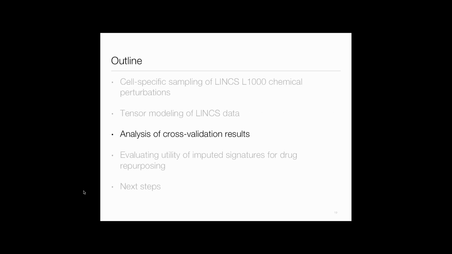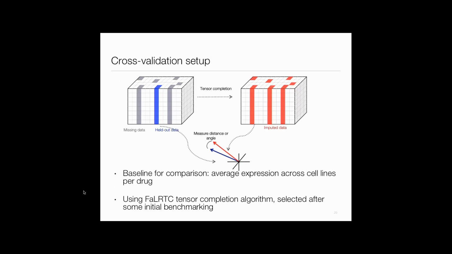Okay, so I'll talk about the cross-validation setup and the results. So, I ran a cross-validation experiment in order to evaluate if this would actually work on the L1000 tensor. And so this is how I set up the cross-validation. On the left, you see the tensor with the original missing data, as well as a single held-out signature. And then I can run tensor completion, and I get all of the missing data. I get imputed values, and then I can just compare the imputed signature versus the held-out signature with some measure of distance,